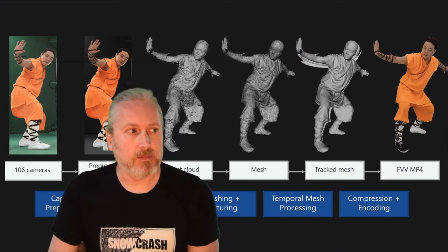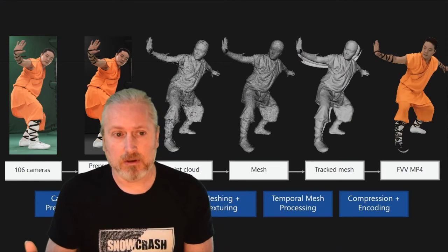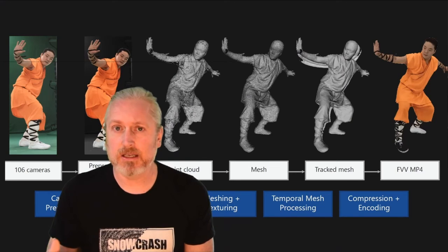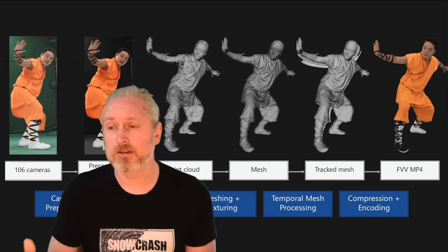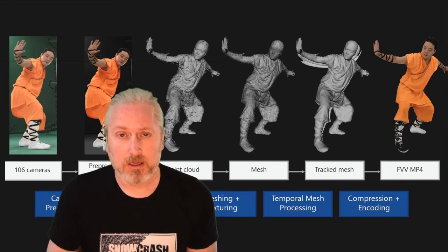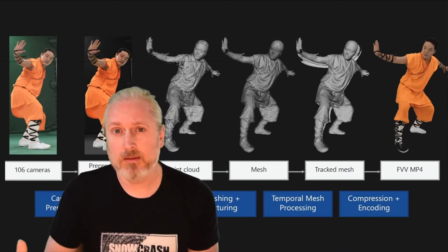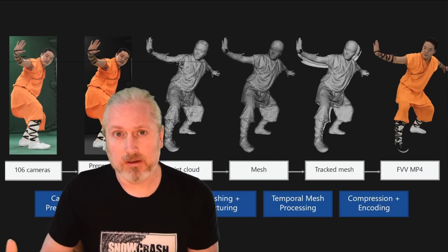So when those meshes are compressed, we can use the idea of a keyframe, such as you might do in video technology. So for the geometry, at a point in time of the keyframe, you have all of the geometric data available, and then as time progresses, you just use deltas from those keyframes until such a point at which those deltas